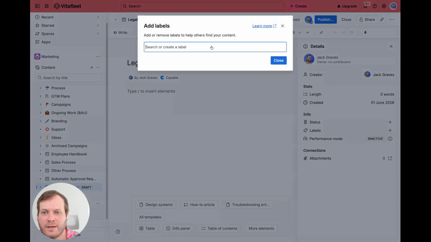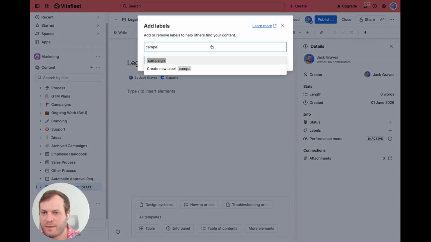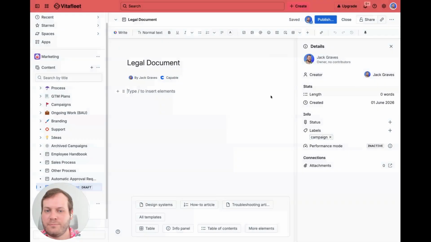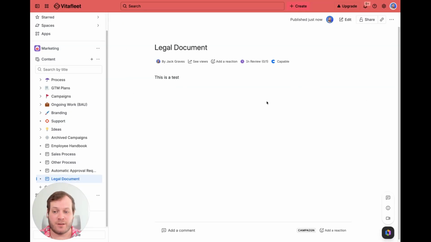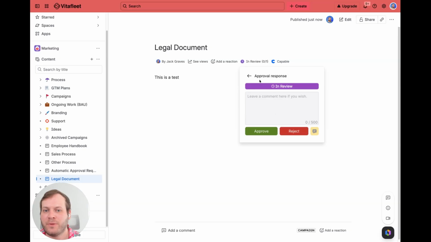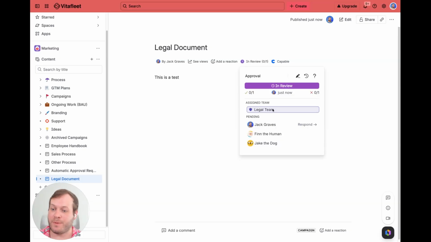And in the example, I think I chose campaign label. We can add those labels before we create the page, and this will automatically assign it to the right team. So as you can see, we created our page, we had the label attached, and now if we open up approval, we can see that the legal team has been assigned to the page because we had that set up